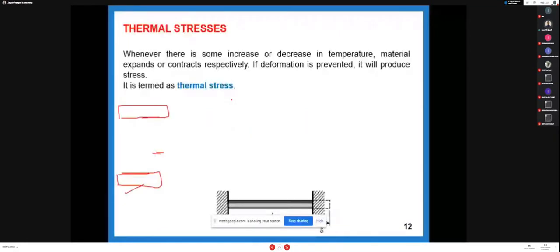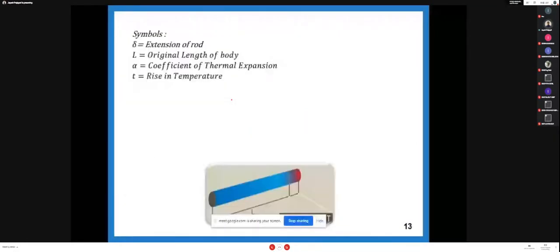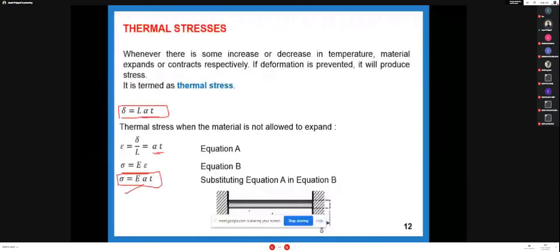You can just see here. This will be one steel bar and it is heated up to some temperature. So what is the change in length for free expansion? That is based on the equation L alpha T. Strain is change in length divided by original length, L and L cancel out, so strain is alpha T and stress is equal to E times alpha T. So this will be your equation for stress when no supports are yielded.